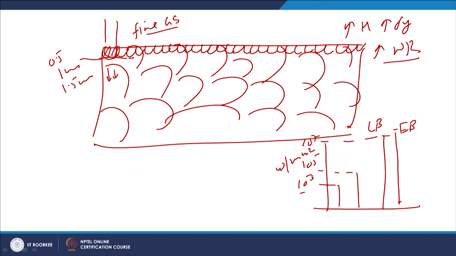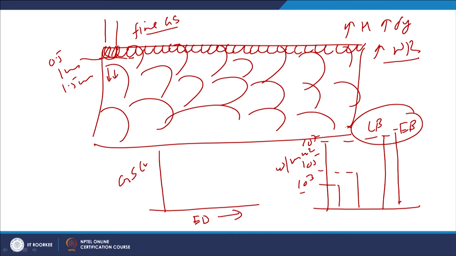So, if we compare here, the higher the energy density of the process, the lower the amount of heat that will be required to be supplied, the higher the cooling rate which will be experienced by the molten metal, and the finer the grain structure. So, if we plot the energy density and the grain size relationship, in terms of micrometer, the higher the energy density, the lower the grain size.